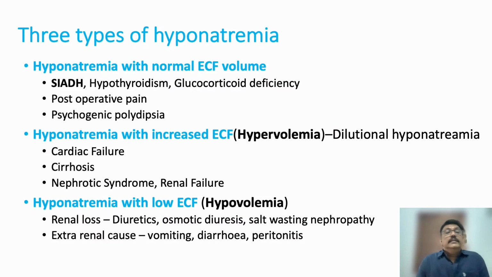So we can see the conditions. First we will see hyponatremia with normal ECF volume: syndrome of inappropriate antidiuretic hormone secretion, hypothyroidism, glucocorticoid deficiency, post-operative pain, psychogenic polydipsia. All these things are most common, and the first two conditions, hypothyroidism and SIADH, are very common in